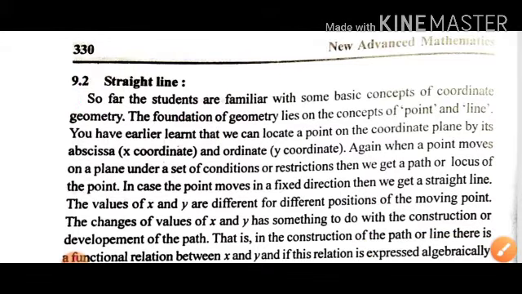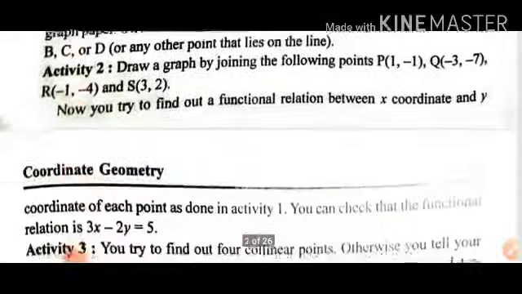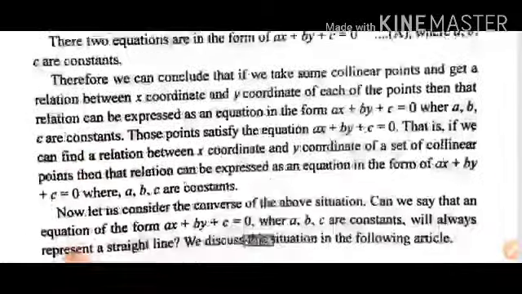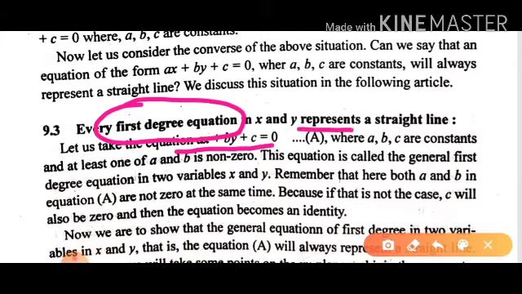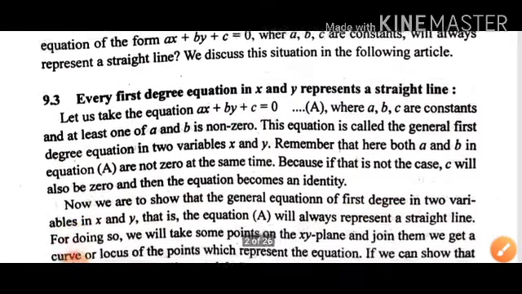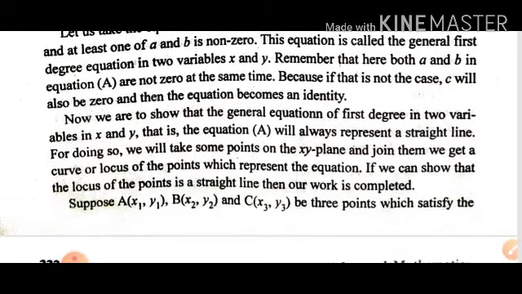Okay, we know a straight line is of the form of a linear equation. Yes, we have learned it before. So a linear equation in the form ax + by + c = 0, which is also a first degree equation in the variables x and y, represents a straight line. So a linear equation represents the equation of a straight line.